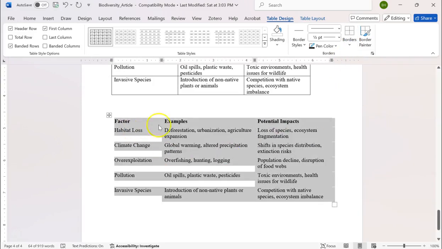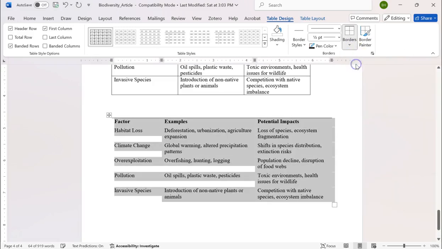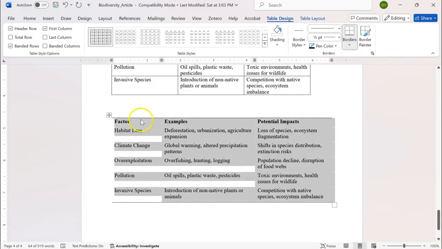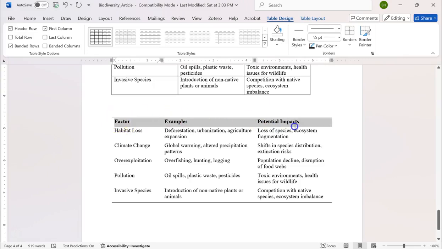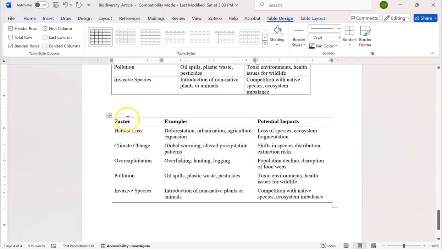Click on No Border, then there's no border, and then I'm going to go there again and use the Top Border. The top border has been created, and I go there again and choose Bottom Border. The bottom border has been created. In order to create another border beneath the column headings, you need to select them first and then go there and hit Bottom Border. The bottom border has been created for this first row. This is how a professional table looks, and